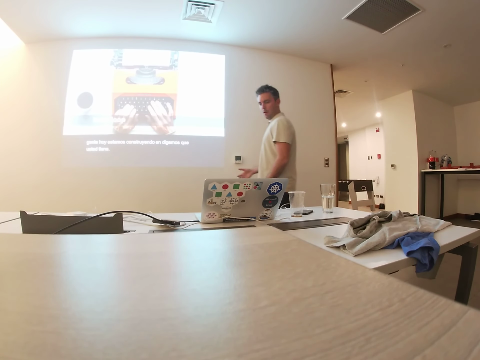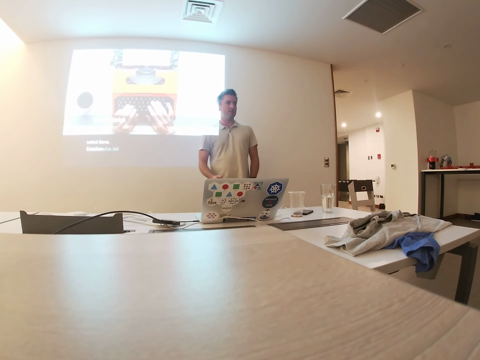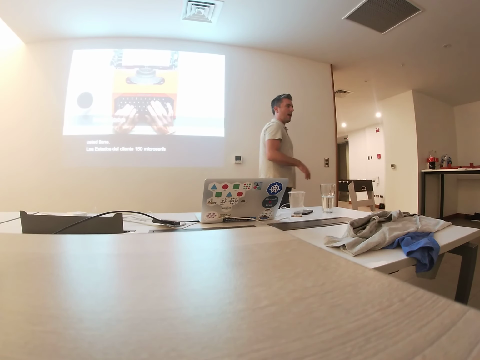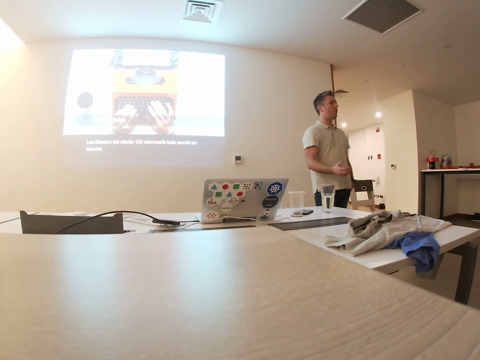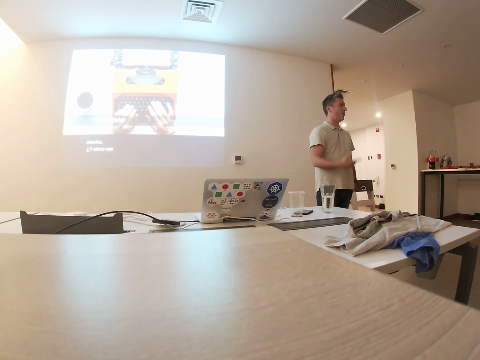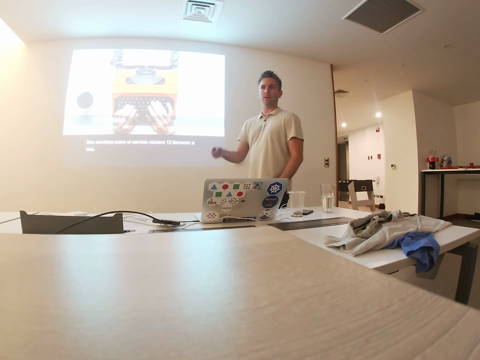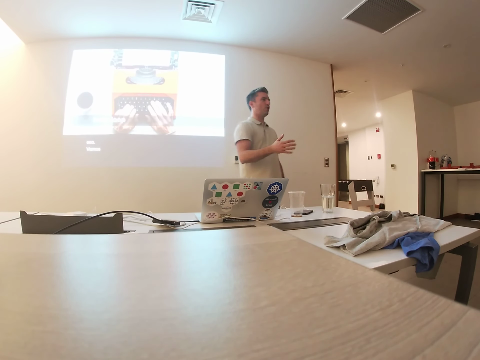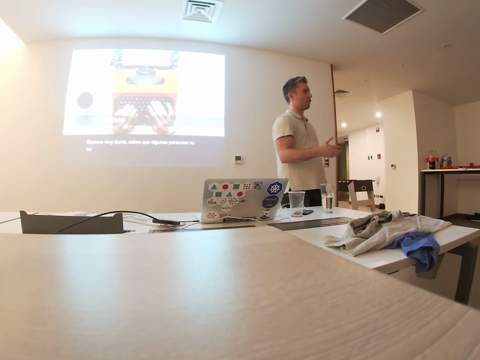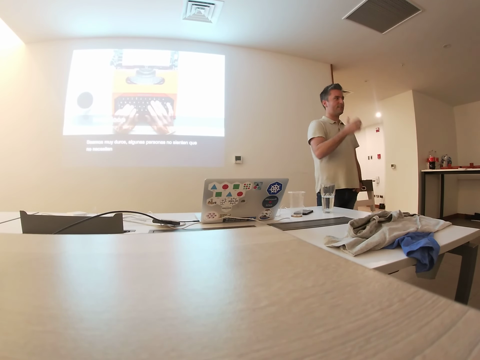States, 150 microservices, all written in Go. And how do you put in a new feature or a bug fix when you have 150 services and your service is like number 12 in the service call graph, right? That's really hard. Some people feel like they don't need inner loop solutions, and typically when you look at